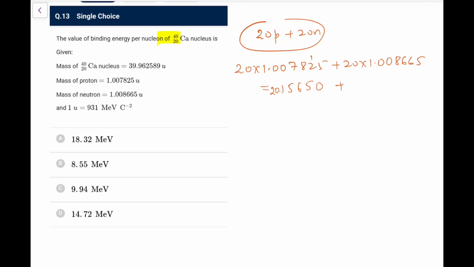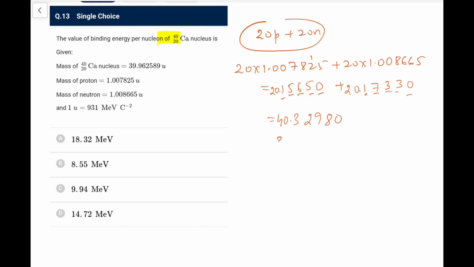Okay, whatever it is. Now 2 5s are 10, 13, again 13, then 17, then 0, then 20.1733. So what do you have? 0, 0, 0, 5 and 3 is 8, 6 and 3 is 9, 5 and 7 is 12. Then now this will become 3 and this will become 4. This is the initial mass, and the final mass is 39 point, what you had, write me clearly.